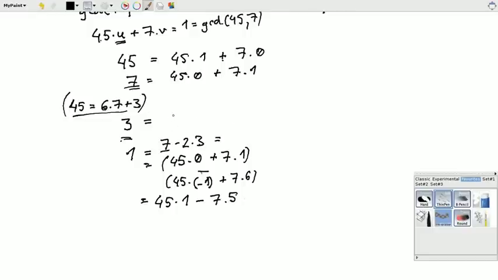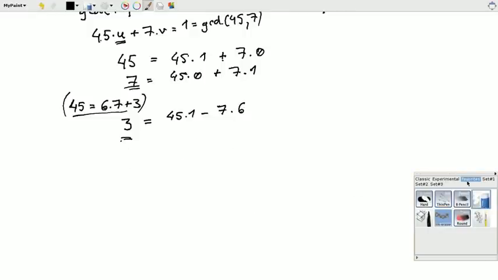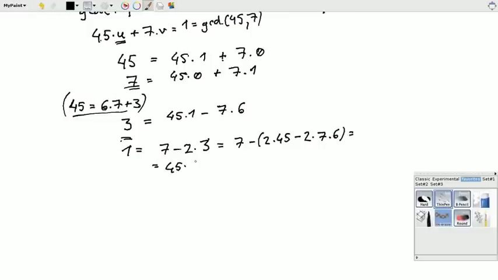How silly of me. 45 times 1 minus 6 times 7, which is simply 7 times 6, and then 1 can be written as 7 minus 2 times 3, which is equal to 7 minus 2 times 45 minus 2 times 7 times 6, which is equal to 45 times minus 2